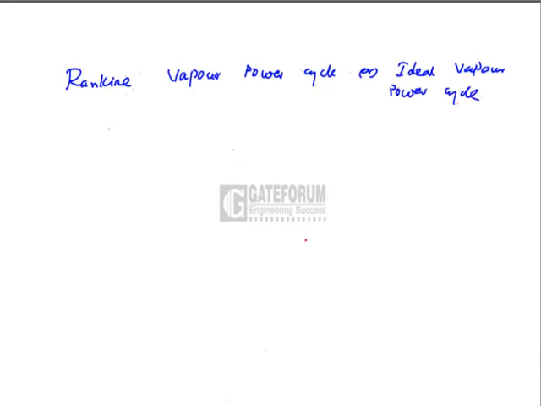Rankine vapor power cycle, or ideal vapor power cycle. This is the thermodynamic cycle taken as the standard ideal cycle for the comparison of all the steam power plants